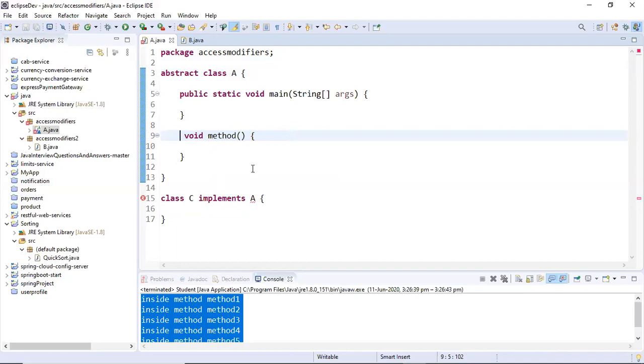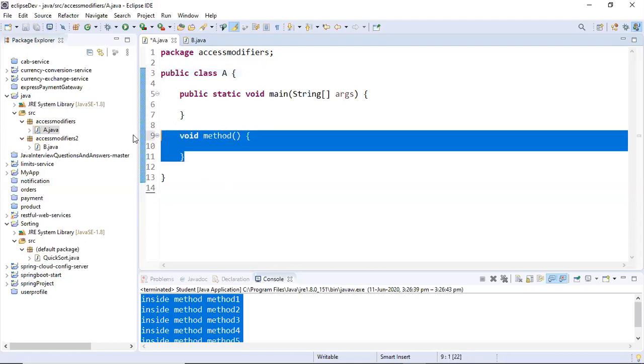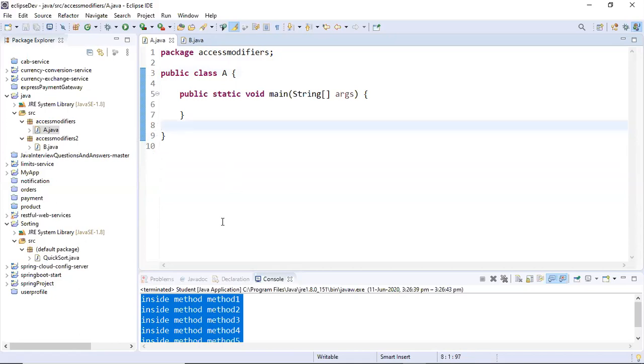So now when I have saved it, it is not giving any error, and I need to change it to extends. Extends is used to inherit a class. Implements is used to inherit an interface. Okay. So I hope all the modifiers are clear to you. Let me show one last thing. Let me remove this method to remove any issues.